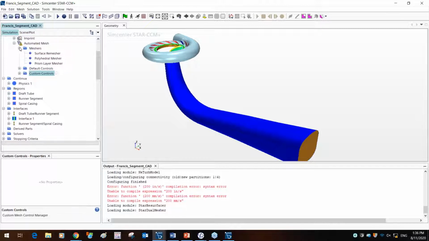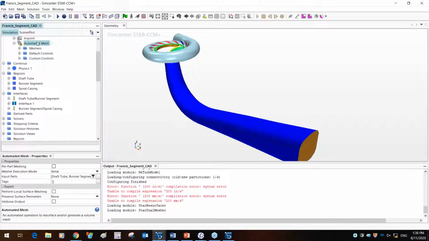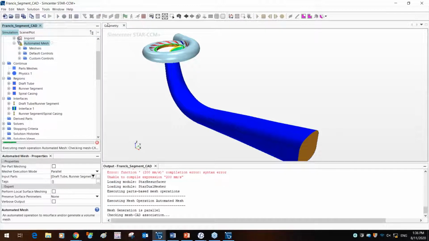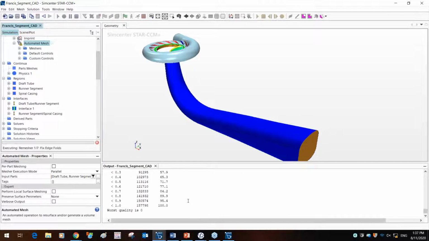Now, the next step is generating the mesh. As I mentioned, the meshing process is parallelized. So when you click on the automated mesher, you have the option of mesh execution. We're going to hit parallel, and we could initially extract the surface mesh to look at it, but we're just going to go right ahead and generate the volume mesh. Now, this is going to take a minute or two, but just to give you a few tips, you're looking at what's going on between the client and the server. The mesher is running in parallel. This is the output window that shows the information and data on which stages of the meshing are available.